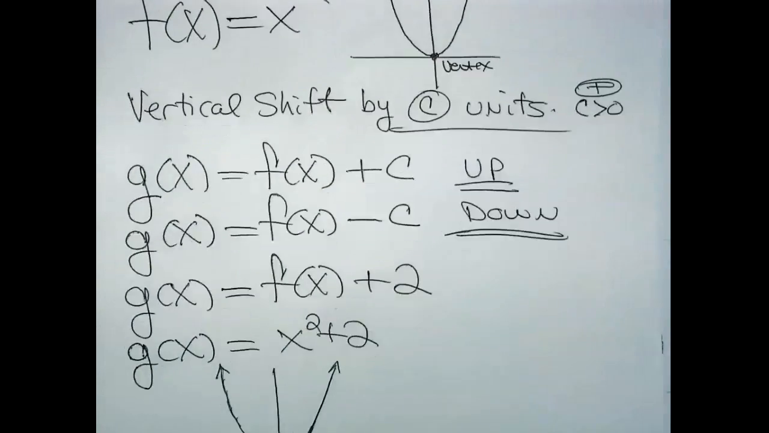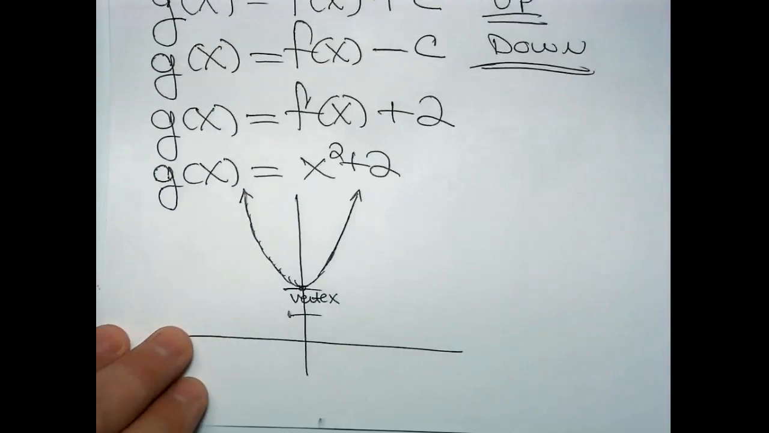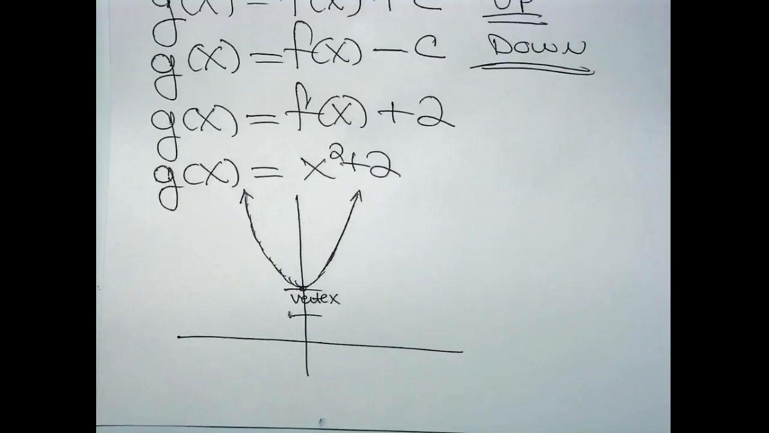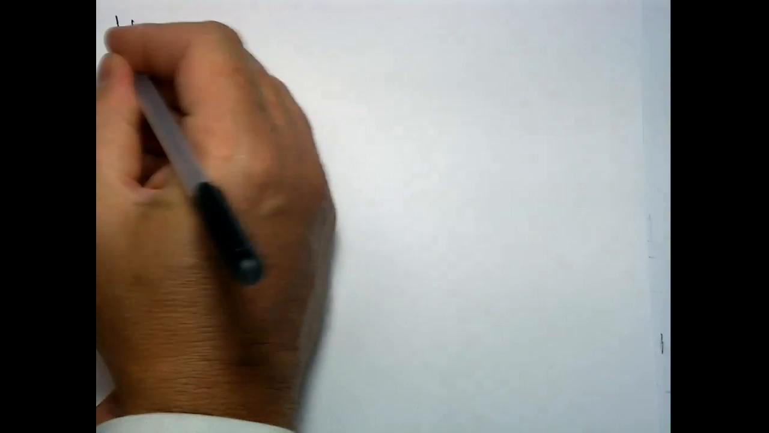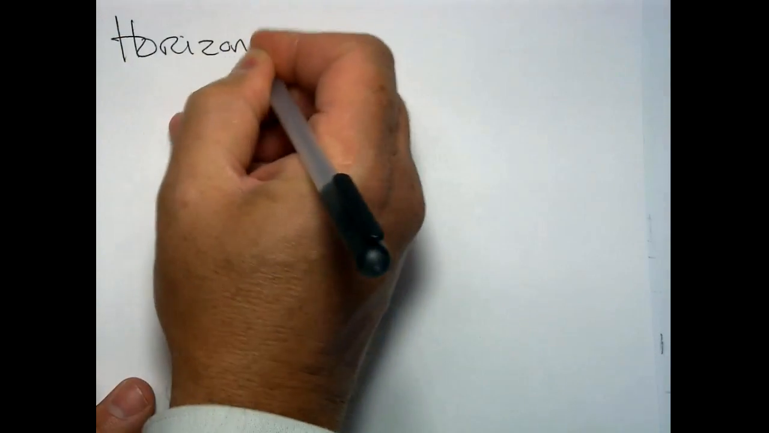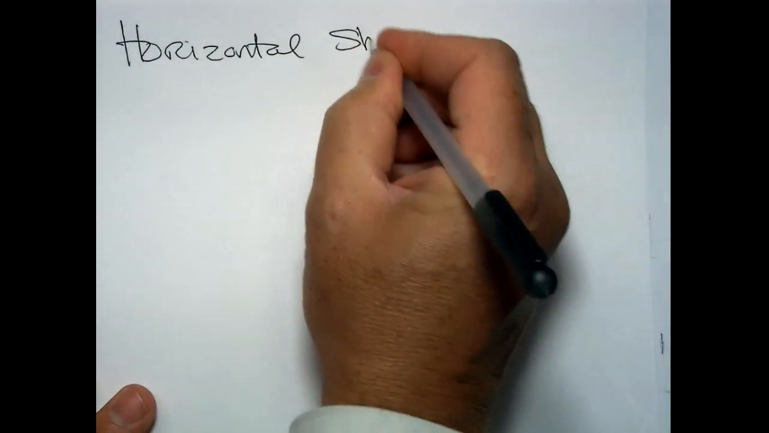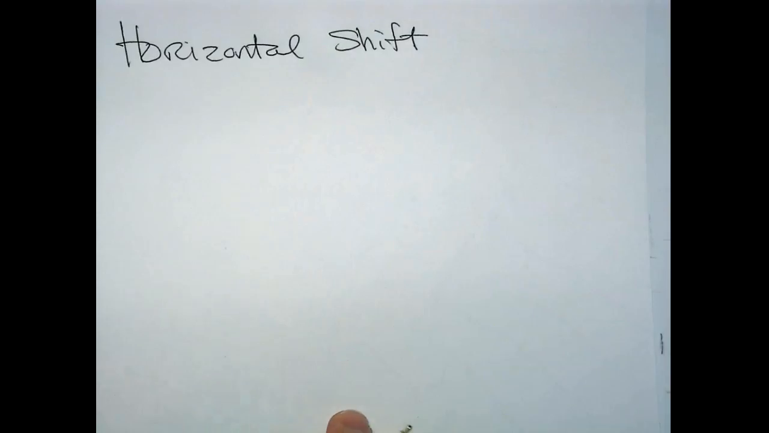Now we can do the same thing by subtracting 2. We would move it down 2 units. So that is a vertical shift, up or down. Okay, now a horizontal shift. So if you would like to make a horizontal shift, and a horizontal shift will be to the left or to the right,